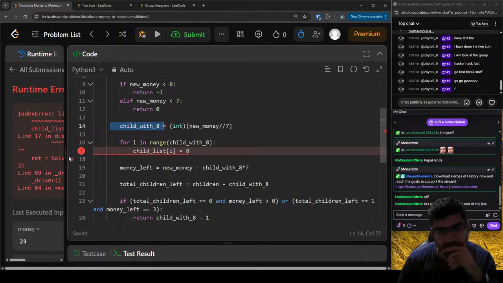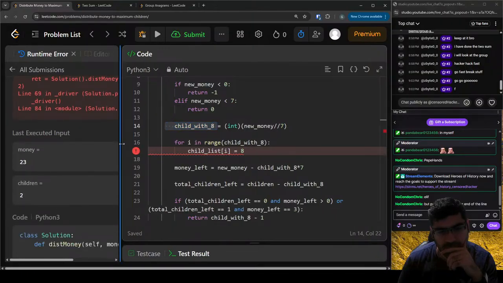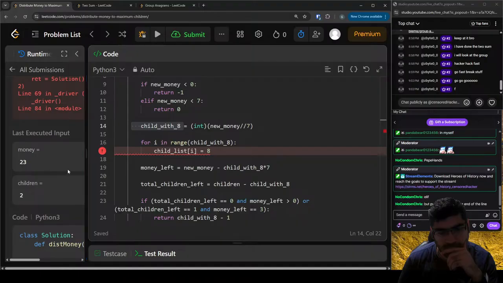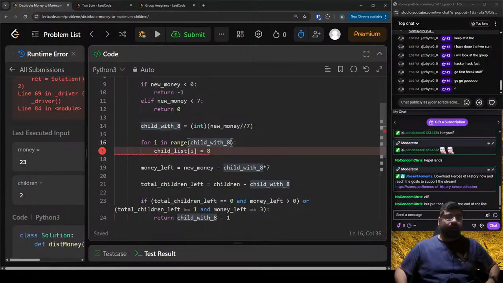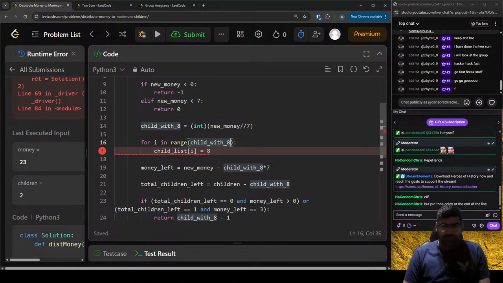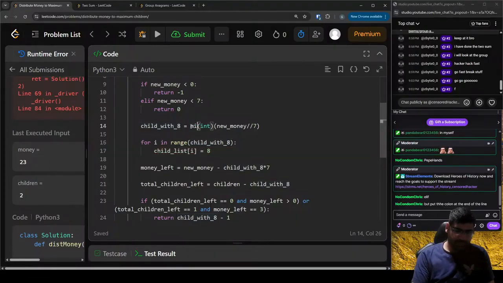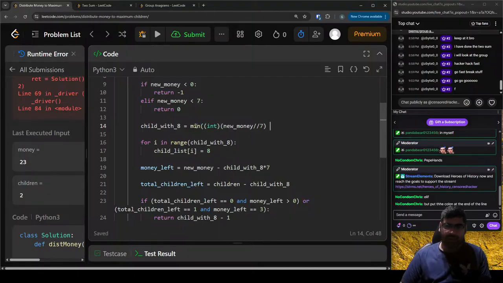This would be, this is 2. Two, 1 will be 8, other can be super big. Minimum of either this, if this is smaller, or